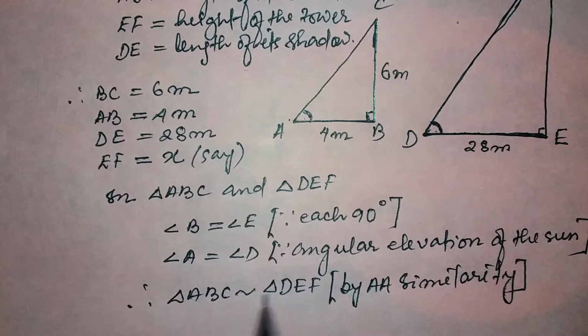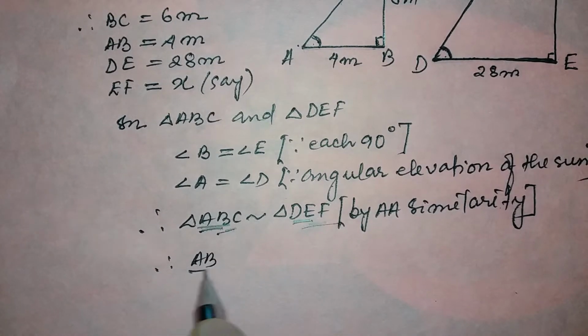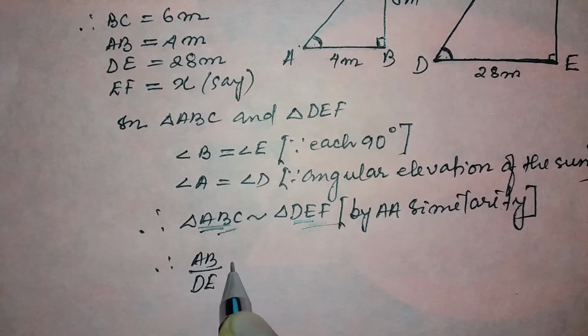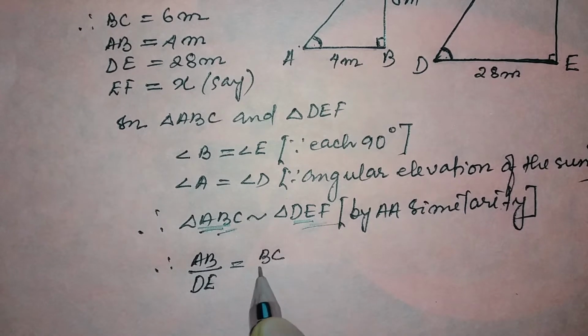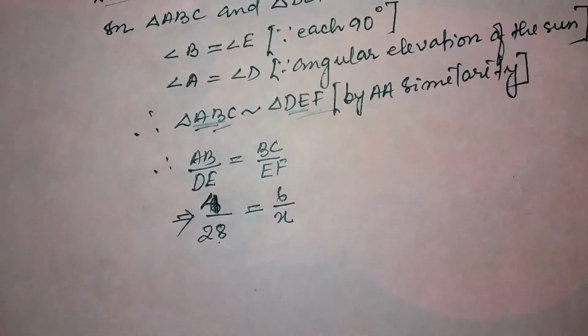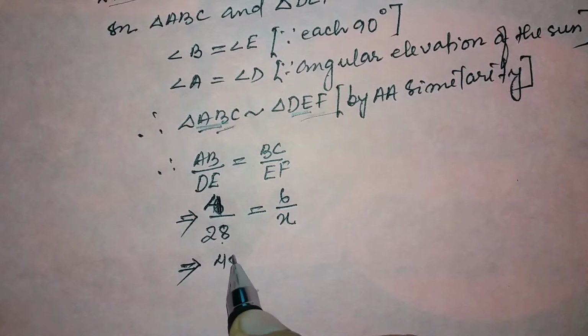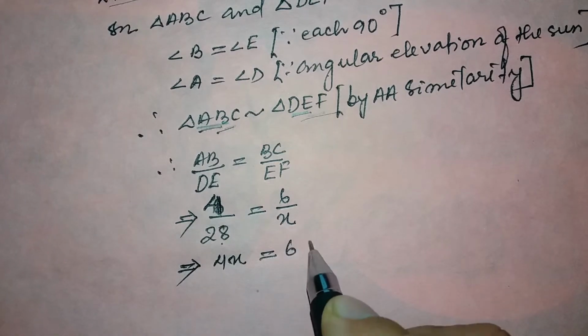Now since these two triangles are similar, the corresponding sides are proportional. So AB by DE will be equal to BC by EF. This implies that, now let's cross multiply this. You get here 4x is equal to 6 into 28,